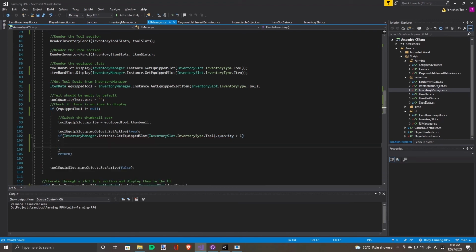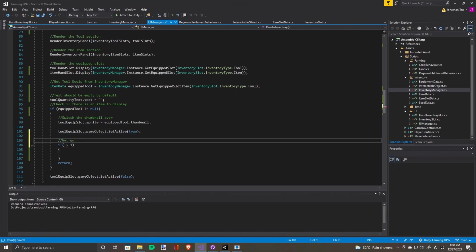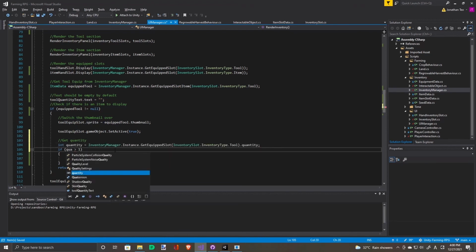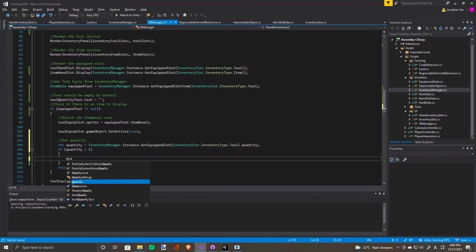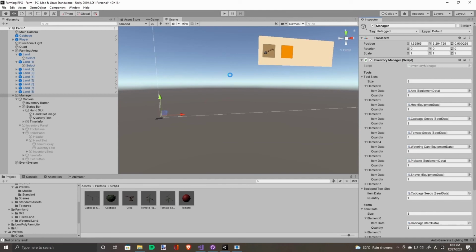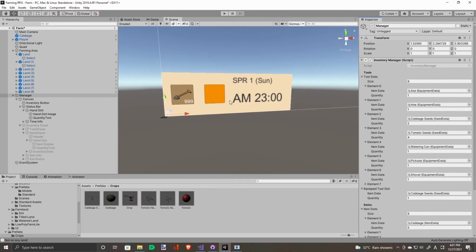If there's more than that, the quantity is greater than 1, then the quantity text be converted to string. Just have to set.